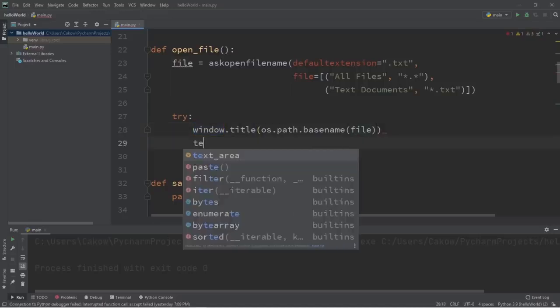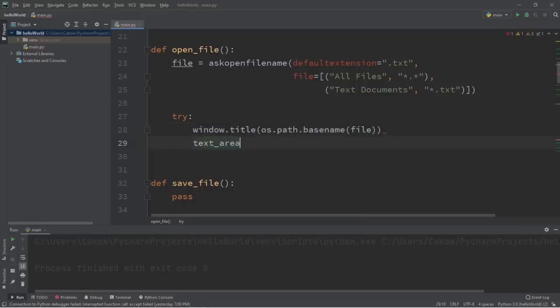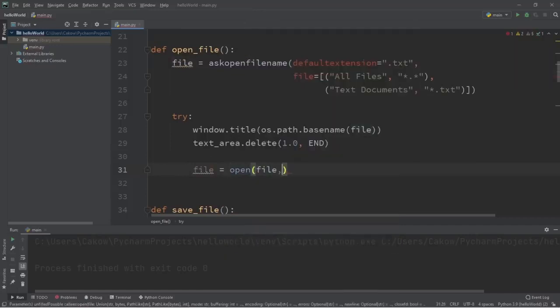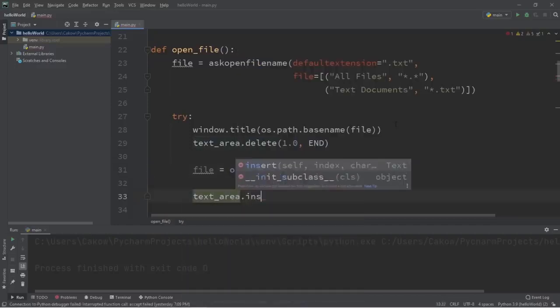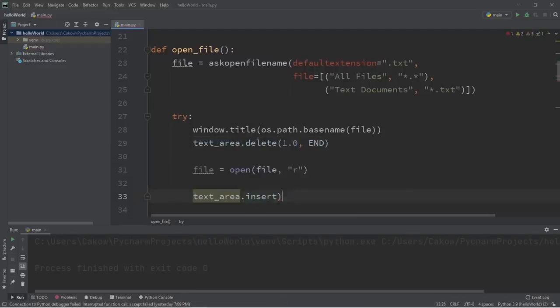Then let's take our text area, delete what's currently here, from 1 until the end. Take our file, use the open function, open our file, and read it, so pass in our text area dot insert beginning at index of 1.0